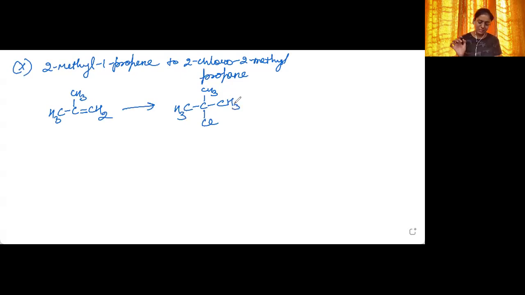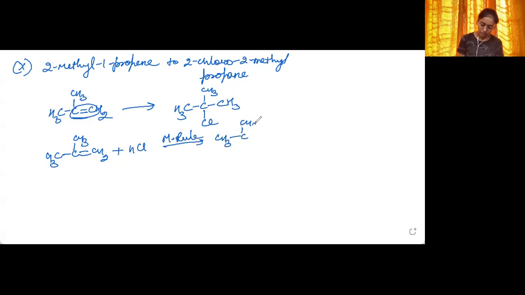It is just an electrophilic addition reaction. We need to add HCl across this carbon-carbon double bond. So it will be CH3, C, CH2, double bond is here, plus HCl. Markovnikov's rule will be followed and the product is formed. It is nothing complicated. If you draw the structures of the molecules that you need to prepare and where you need to start from, half the work is already done. Okay, let's move into the next question.